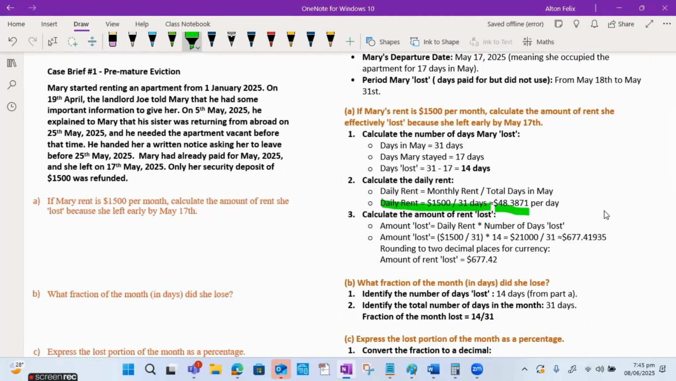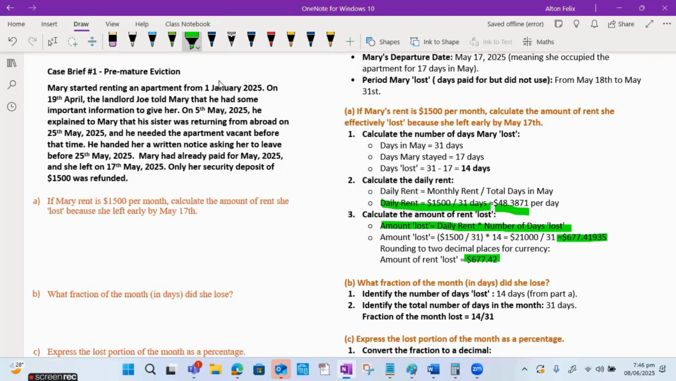So therefore, if she is paying on average $48.39 per day and she lost 14 days, it means that the total amount of rent loss can be calculated by multiplying the daily rent by the number of days lost. So when you do that, you end up with about 677.4193. Now, of course, we are working with dollars and cents, so we can round off that answer to two decimal places